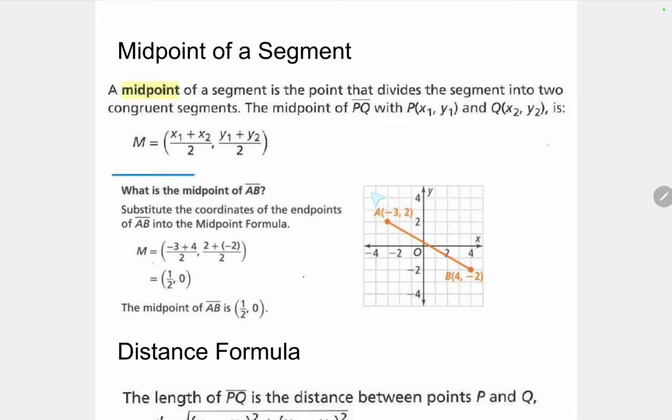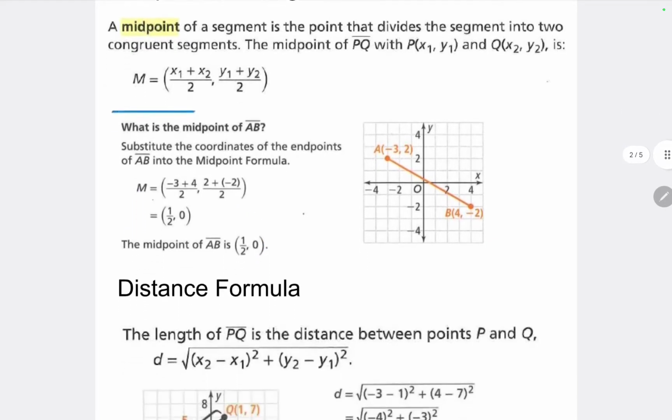In this example, we see that we have point A (-3, 2). We have point B (4, -2). These have been substituted into the midpoint formula to get a midpoint of (1/2, 0). And again, I've just taken the arithmetic mean of the x coordinates and the arithmetic mean of the y coordinates. You can see right here that by visually inspecting, I can verify that my midpoint is in fact